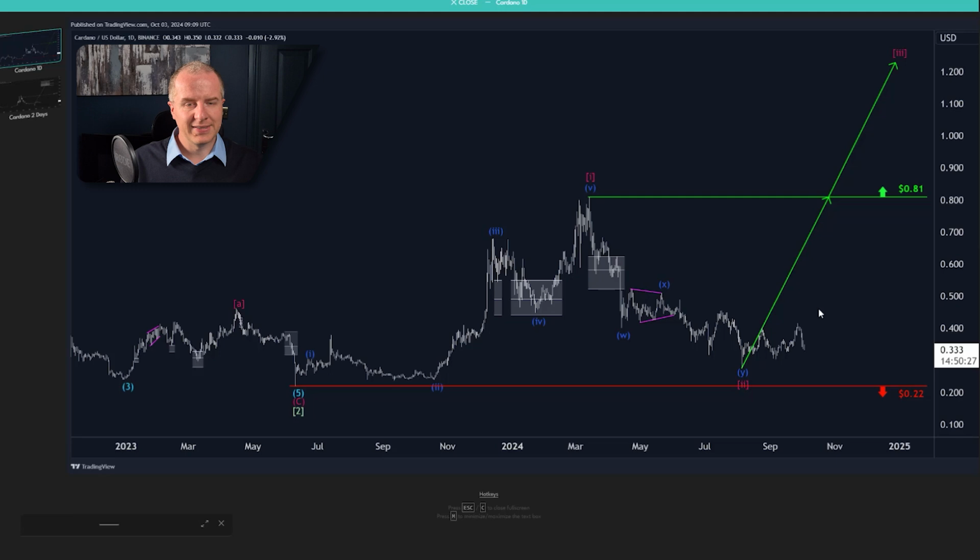So, it's not so important. What is much more important is the formal invalidation point down here. So if we get a sustained break, or really any break below that 22 cent level, the 1-2 setup here is invalidated and the chart would need to create another setup. At the moment, the idea is that a 5-wave pattern to the upside formed between June last year and March this year. You see this as a 5-wave move up in an impulse. The move down is considered a wave 2.